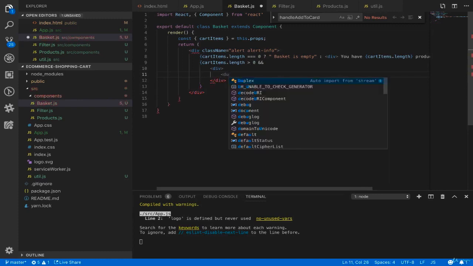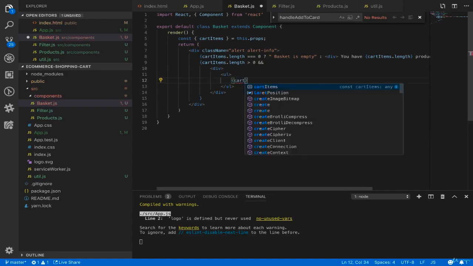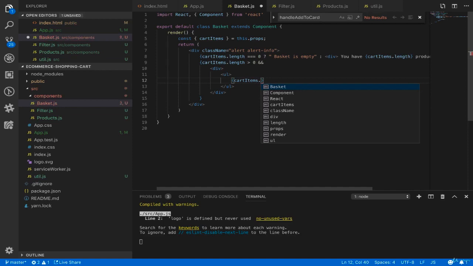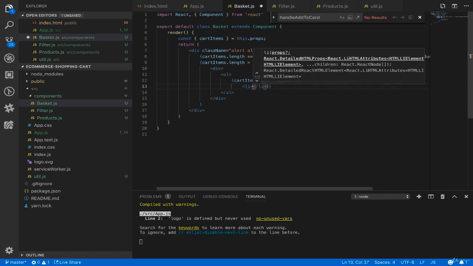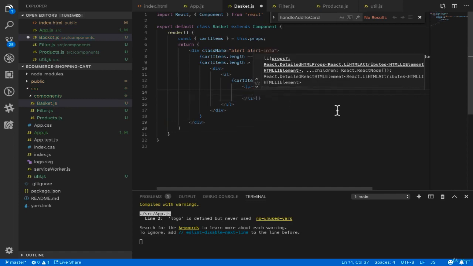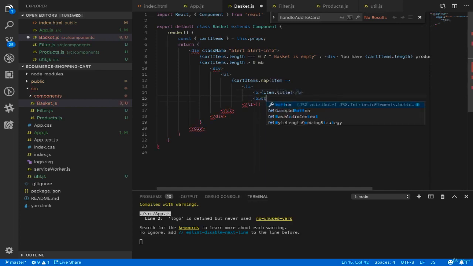Here we use an unordered list, and inside that we use the map function for cart items to convert cart items to JSX elements. Each product in the cart items will be inside a list item, and inside the list item I use the b tag to bold the item.title and show a button